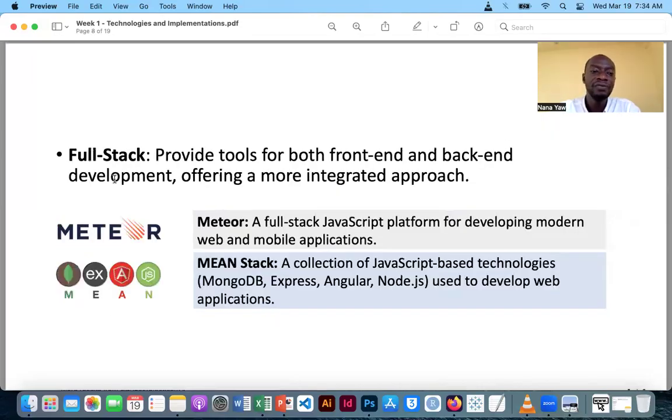And we finally move to full stack frameworks. Full stack, like I was saying, deals with both the front end and the back end. They combine both, and provide tools for both front end and back end development, offering a more integrated approach. So you can get one framework that helps you with some front end stuff and some back end stuff, the server side and the client side. One of them is called Meteor, and